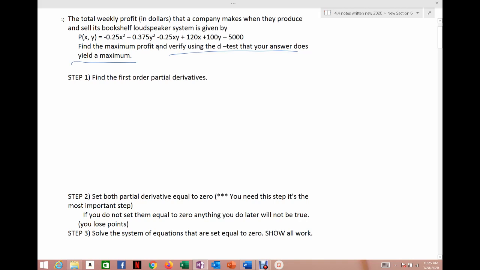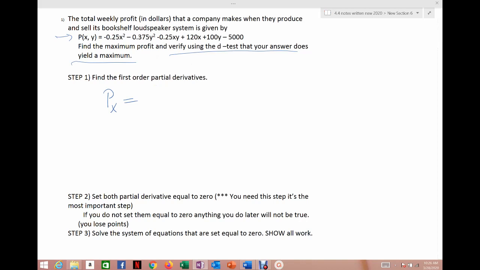Alright, so first thing, find your partial derivatives and make sure you clearly label them. Alright, so that we know it's the derivative with respect to X, right? Because it matters. Derivative with respect to Y. Alright, so I'm looking for P sub X, the derivative with respect to X. So I'm taking the derivative of this function with respect to X, so